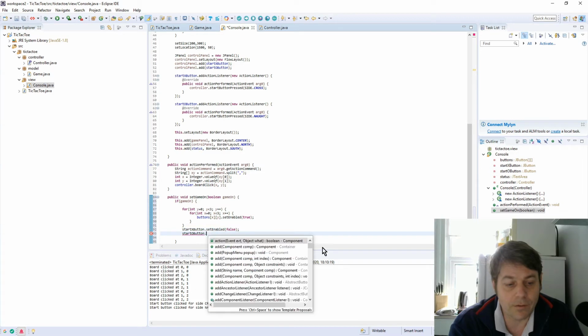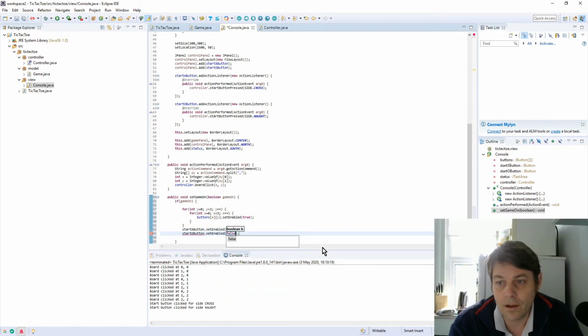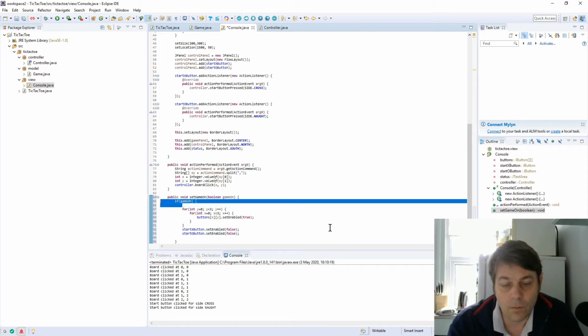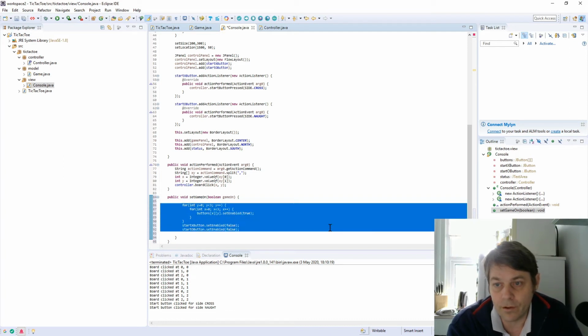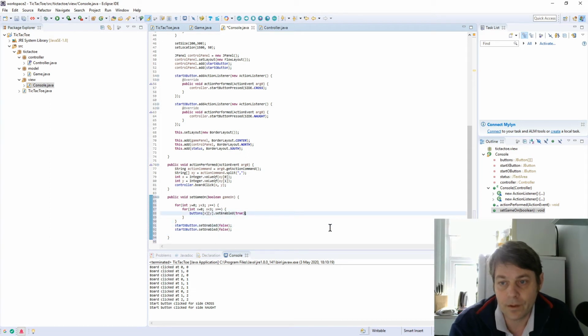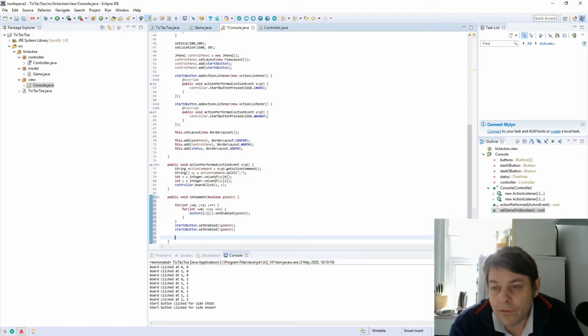Now an easier way of doing this, I realise that I'm going to say if game on, do all that, else do it all again. What I can do instead of doing the true and false in there, I can say set enabled game on. So if game on is true, you set those enabled, and here set enabled not game on. And then I also said if not game on,